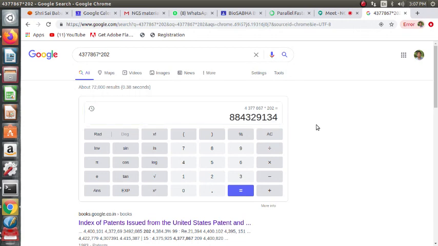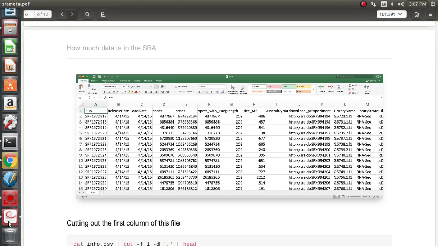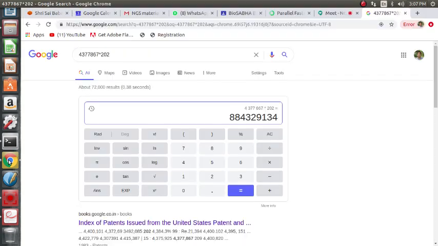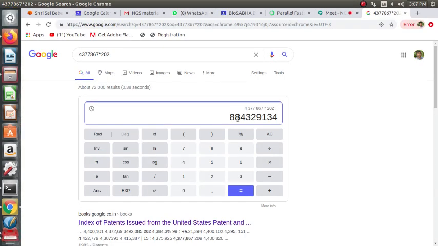Just for one minute. See, if you see this number, why did you multiply it by 202? 202 is the average read length.